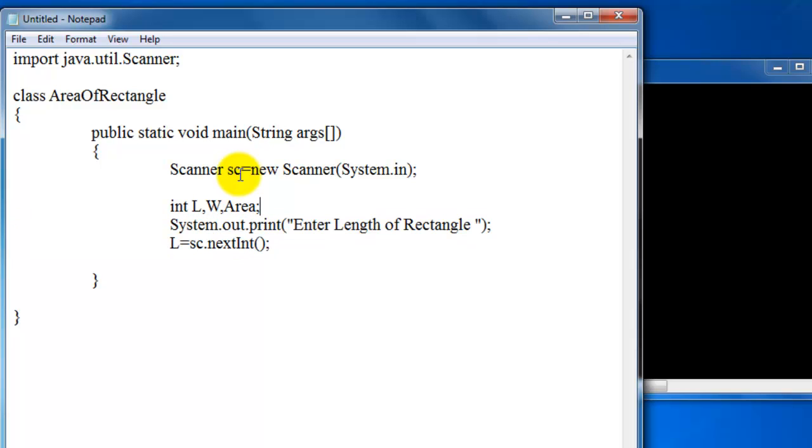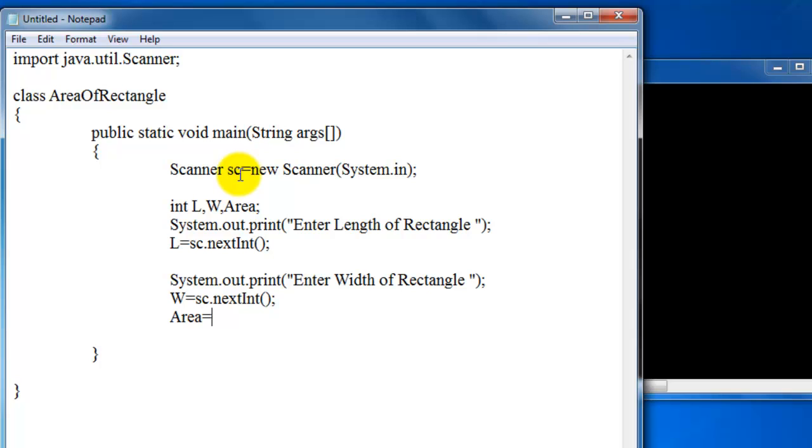Similarly, just copy and paste this code, enter width of rectangle, and w for this. Write the formula for area: area equals length into width, and just print the output, area of rectangle is equal to plus area.